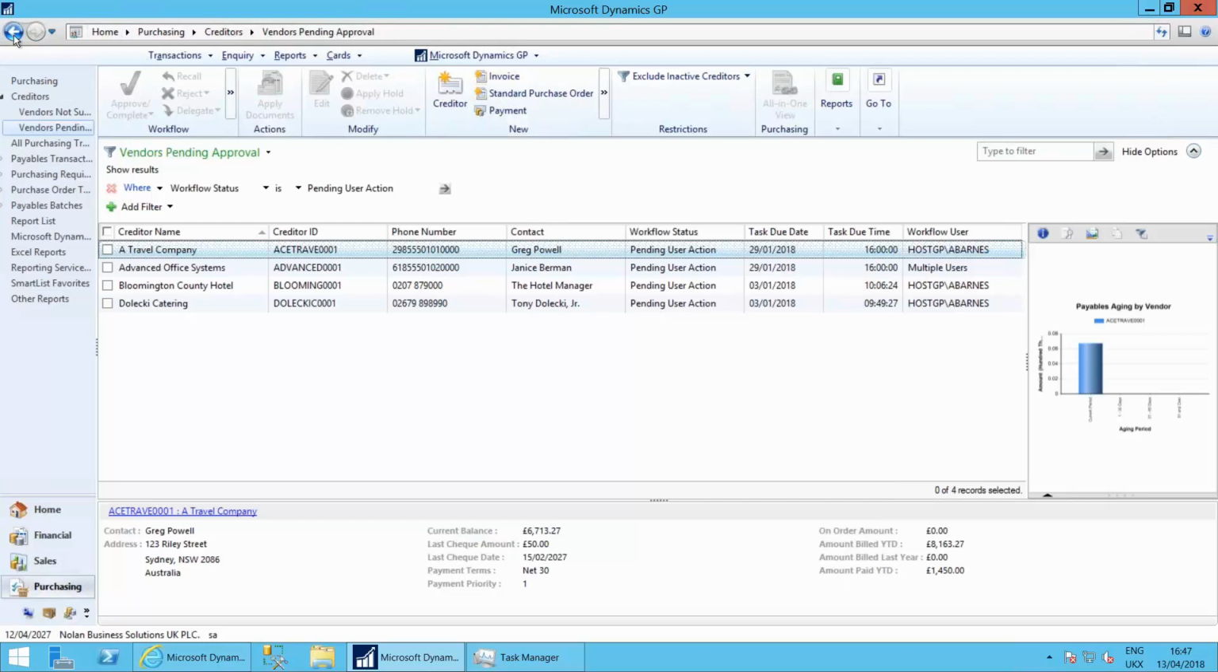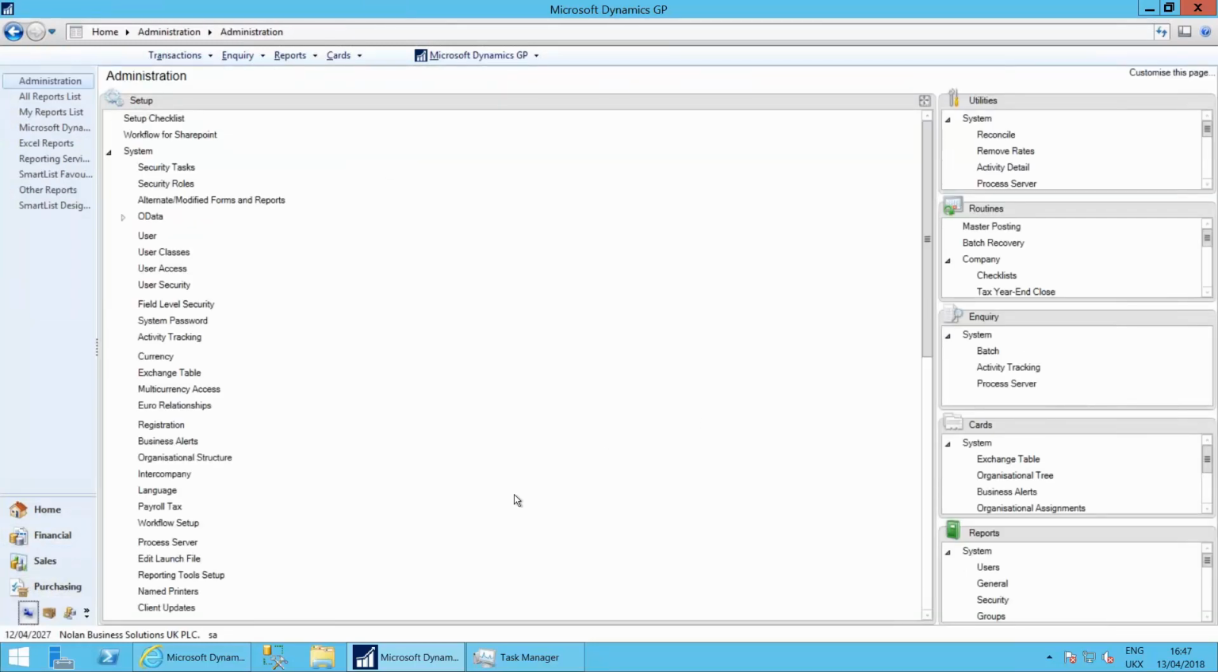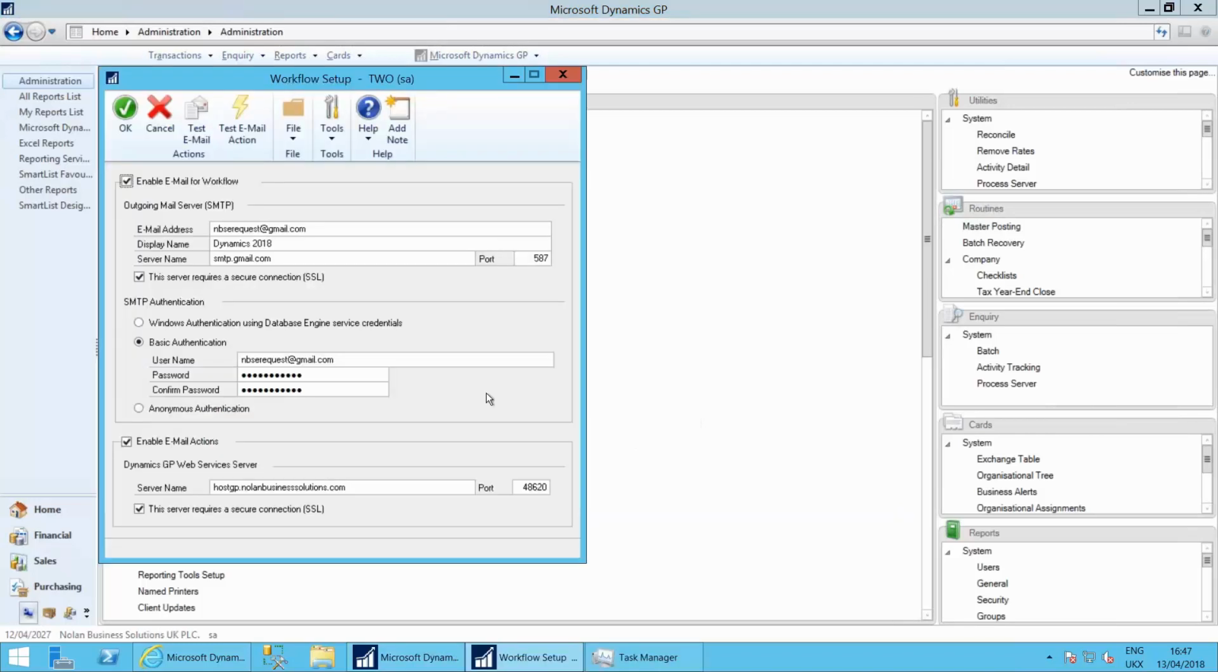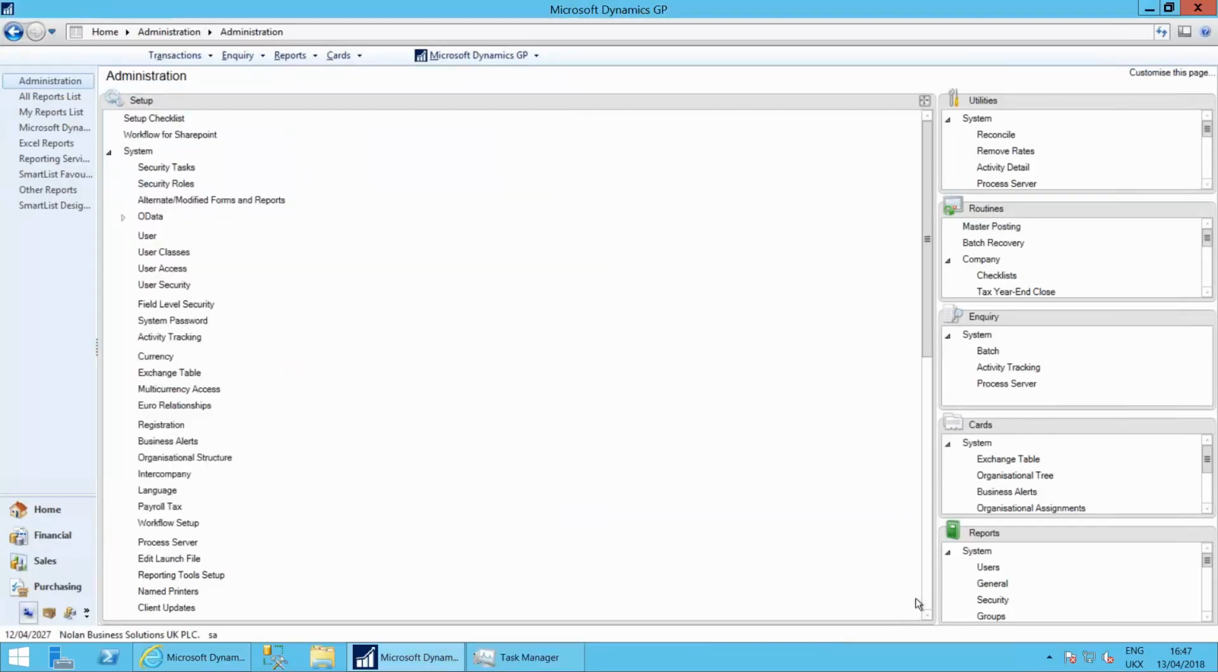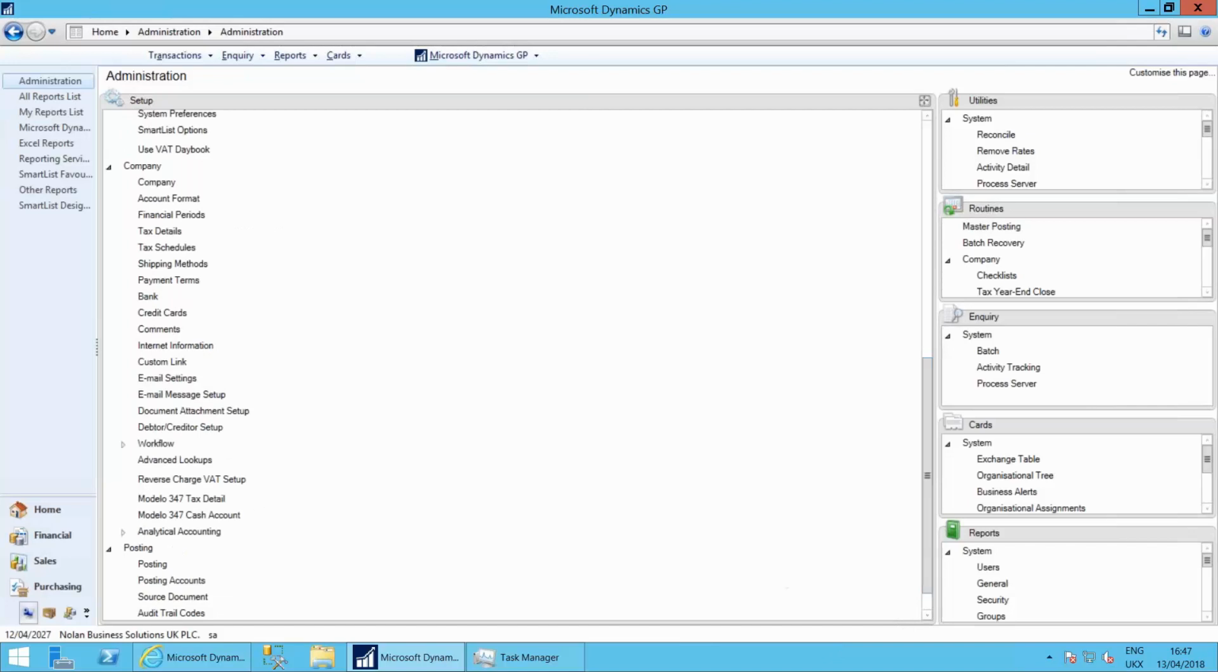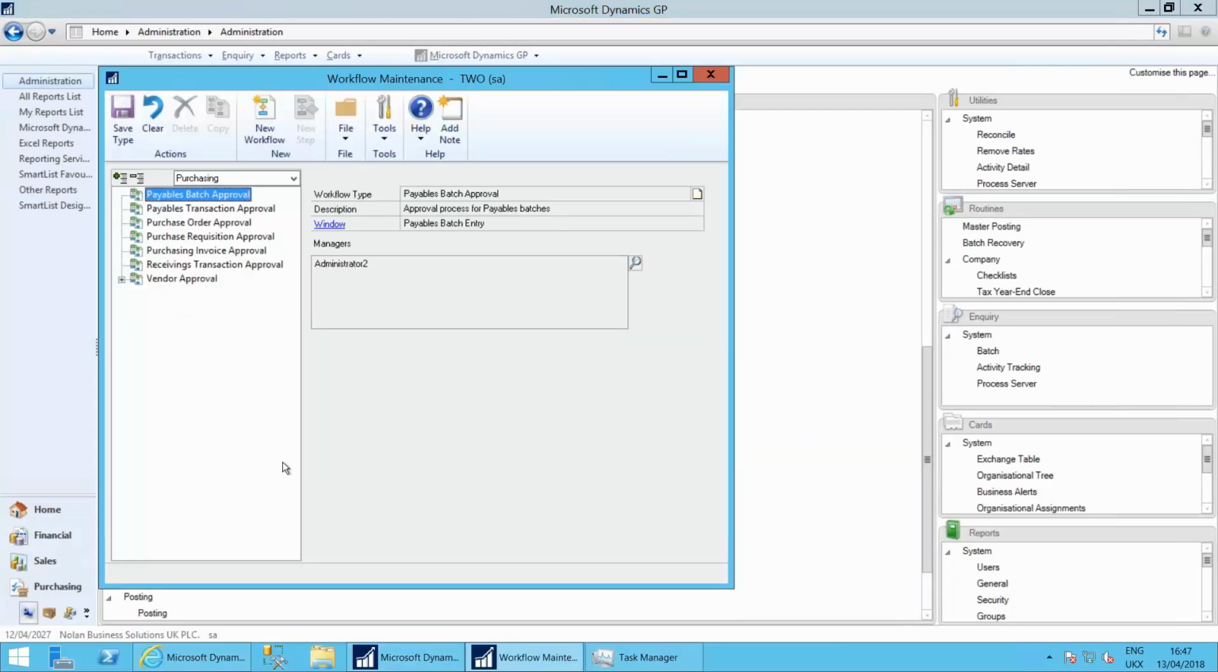So if we go to the admin area of Dynamics GP, and we go to workflow setup within the company database, here's a list of all the workflows that we're able to look at. So I'm in purchasing, but you'll see there's workflows available for financial, sales, purchasing, project administration. So there's your timesheet and expense approvals as well. Let's go back into purchasing. We'll go to the vendor approval one,